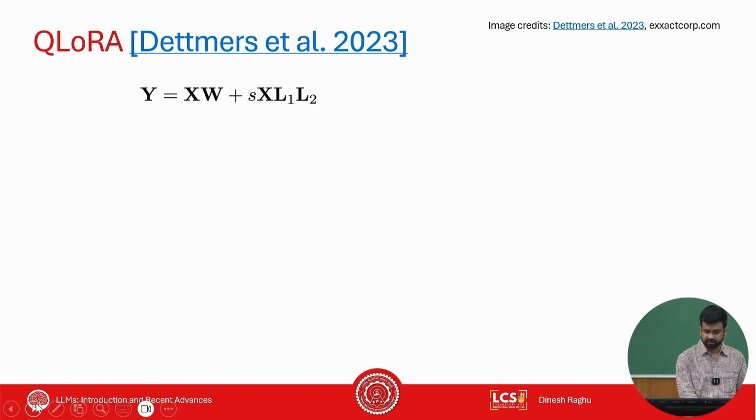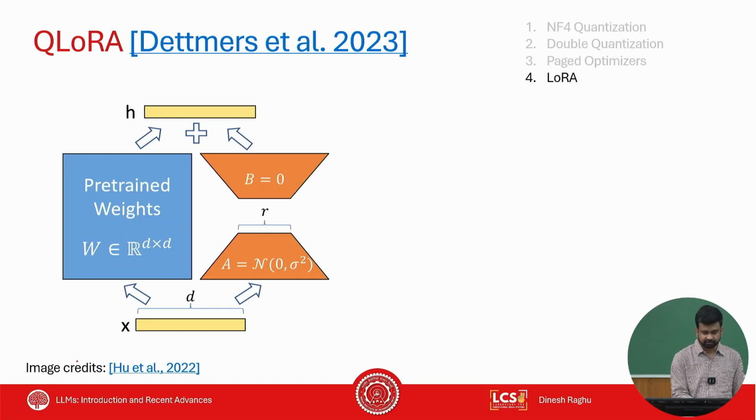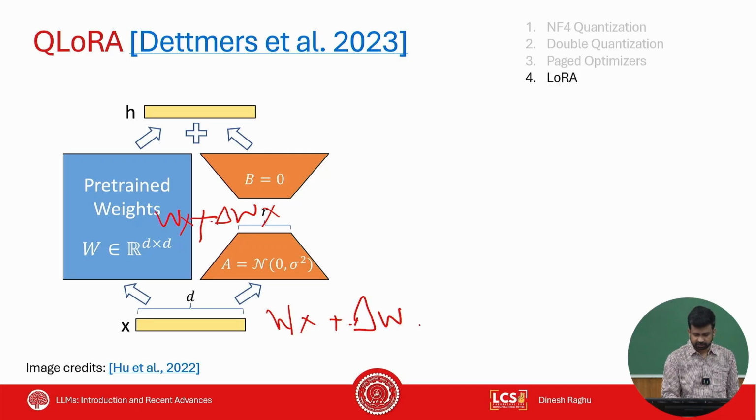So a small recap of what we did in the last class. In LoRA, basically the weight matrix is divided into W and del W, and any input is first multiplied here with this and then here with this, and this leads to W plus del W times x. So this is what you end up getting, and this is factorized in a way where the rank R is much lesser than T.